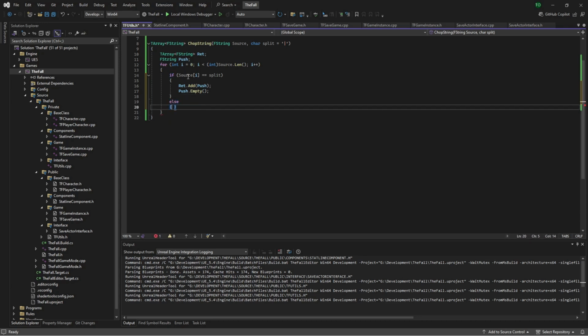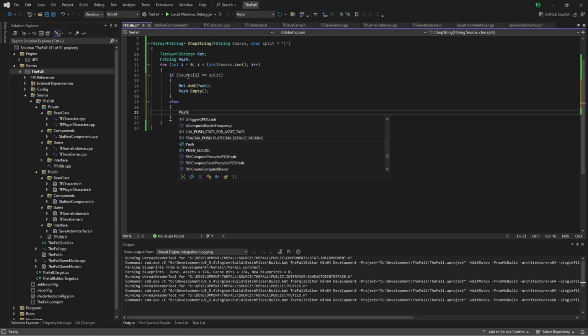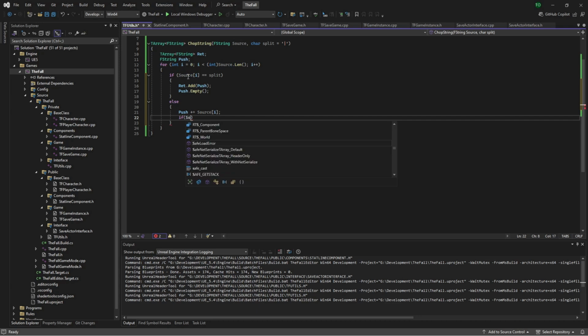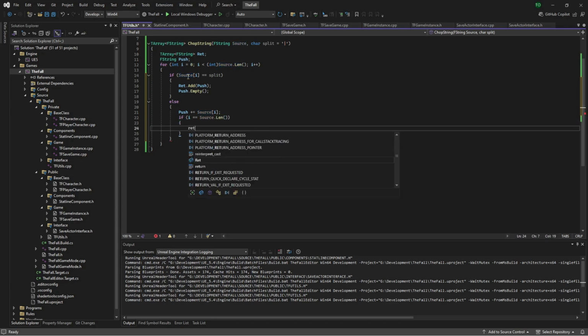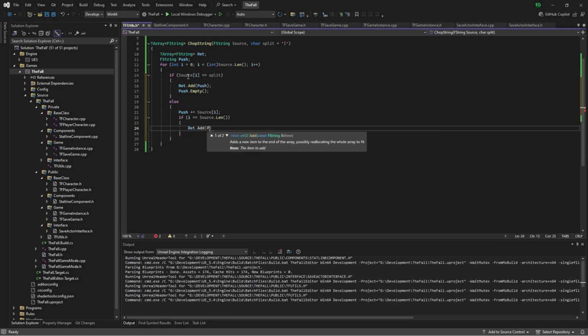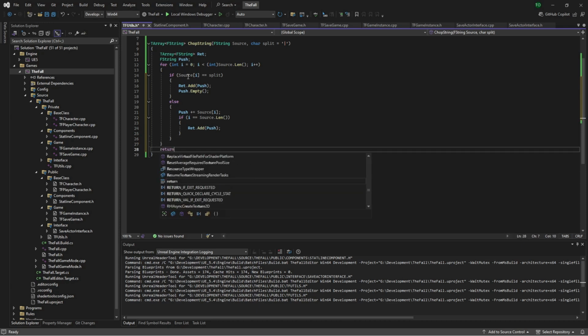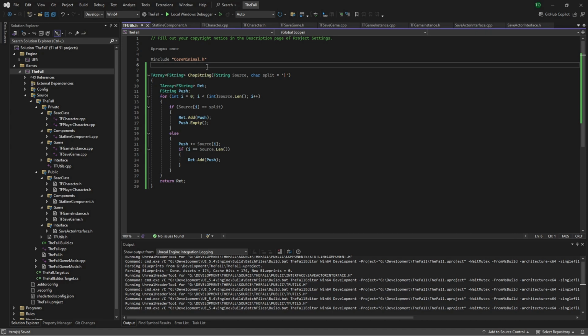Else, push plus equals source I. If source, or sorry, if I equals source dot len, ret dot add push, and then return ret. So just quickly to run through what this function does, we'll actually just do it up